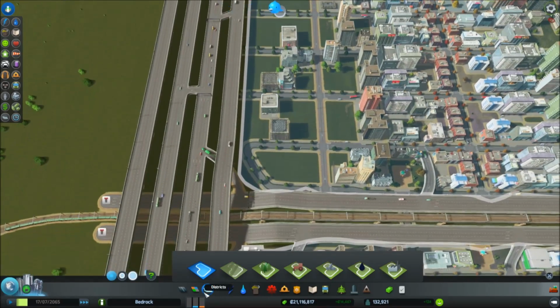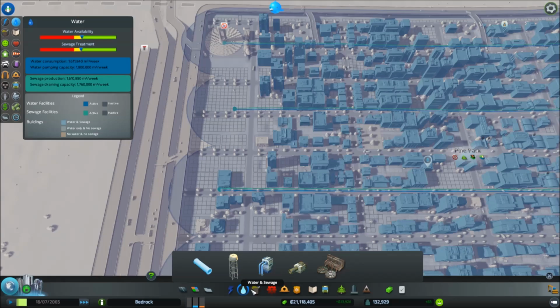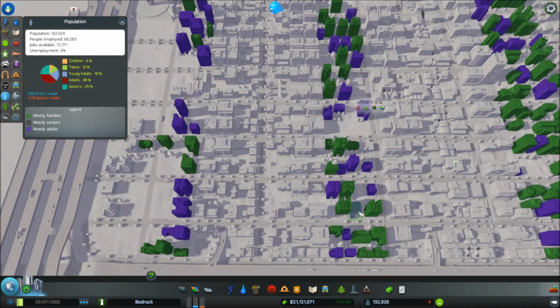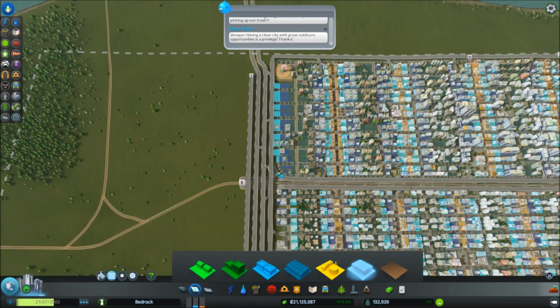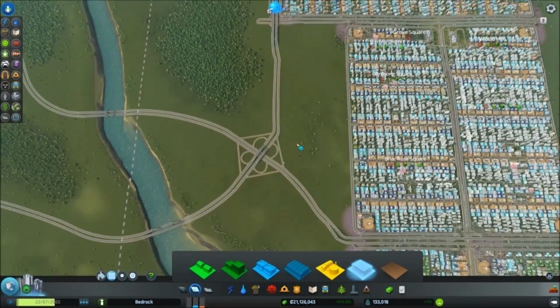And has the district expanded all the way here? Yes, it has. I should have enough water capacity and enough power capacity, so that should be fine. Population is almost up to 133,000, so it's excellent that my city is expanding once more. And since I've just filled up the last of the zonable areas, I was thinking about creating a new area